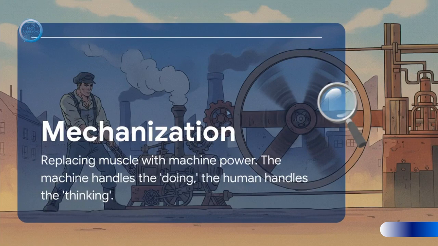This is the bedrock. Its main goal is just elegantly simple: to replace or multiply muscle power, to get past the physical limits of our own bodies. Just think of a simple conveyor belt. It can move heavy stuff all day long with tireless strength, but it still needs a person to flip the switch, set the speed, and decide what to do with whatever's on the belt. The machine is handling the doing, but the control, the decisions, the thinking, that's all still in human hands.